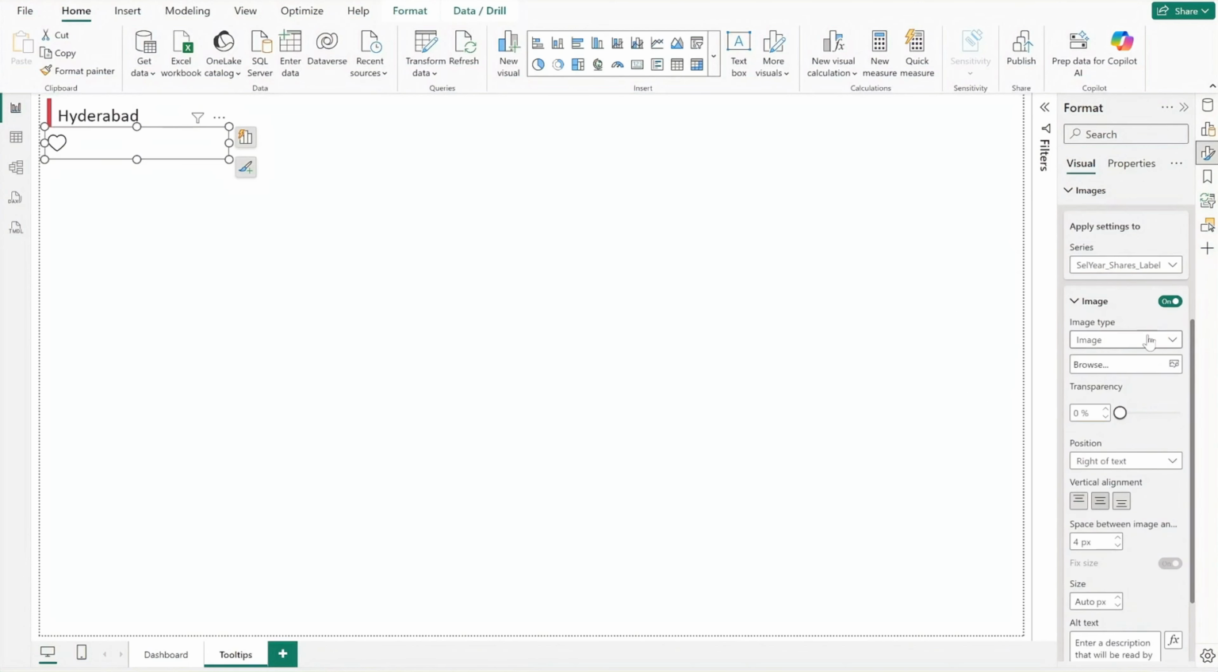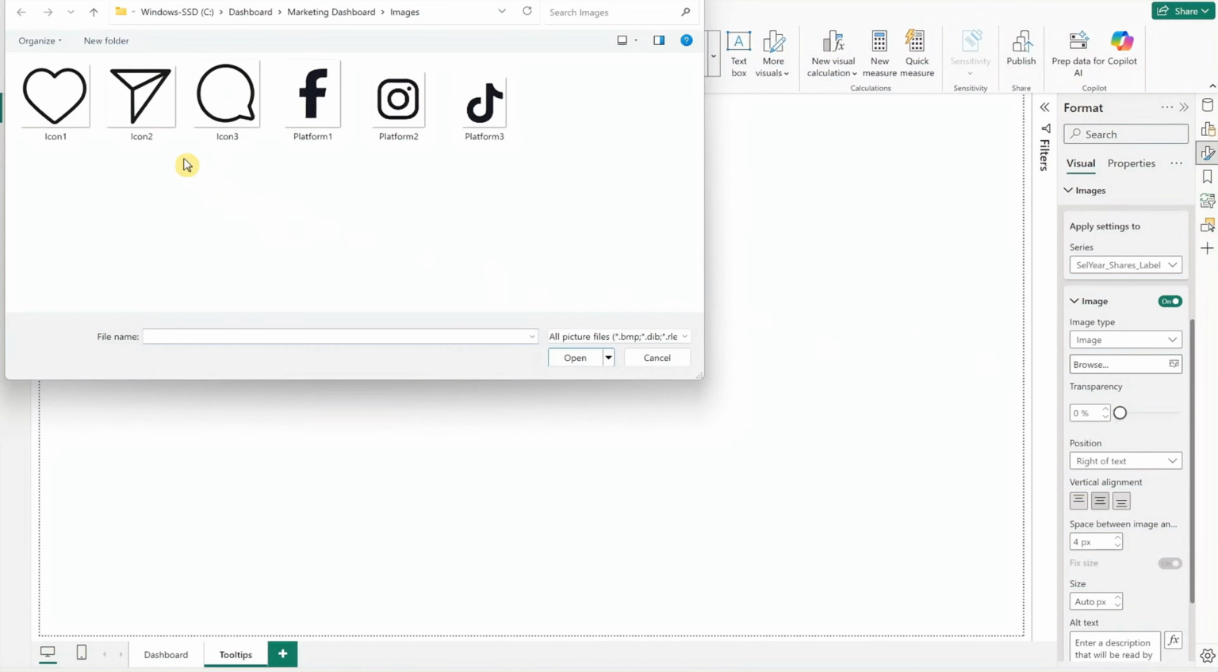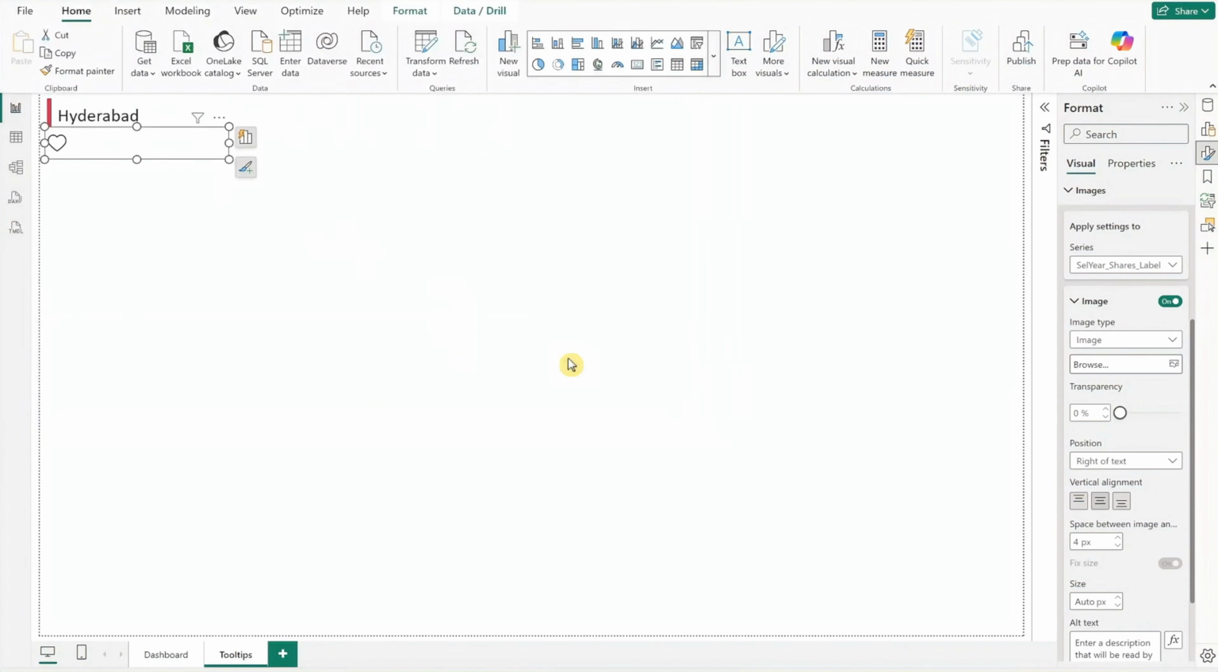Enable the image setting and browse to select a share icon to visually represent it. After inserting the image, position the icon to the left of the text, align it at the bottom for consistency, and set the spacing to 8 so there's enough breathing room between icon and value. Just like before, disable the fixed size option and reduce the image area down to 40% to maintain a balanced